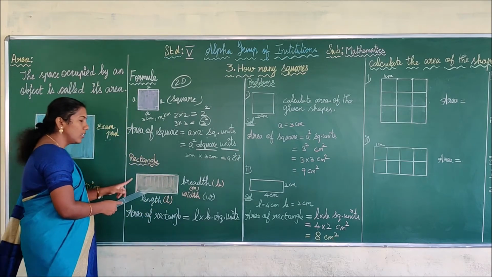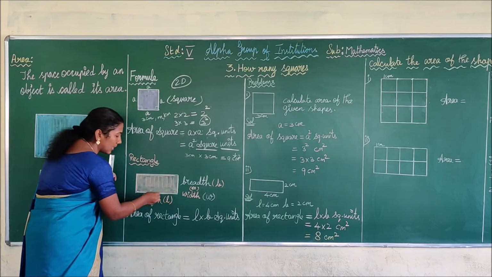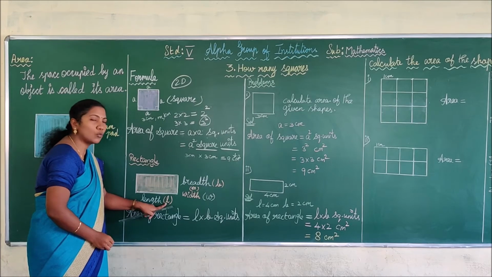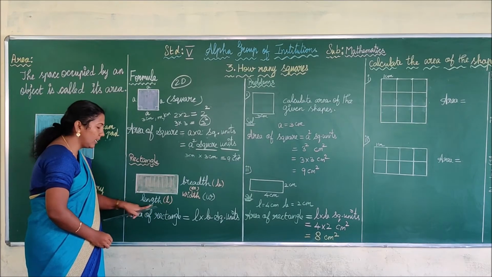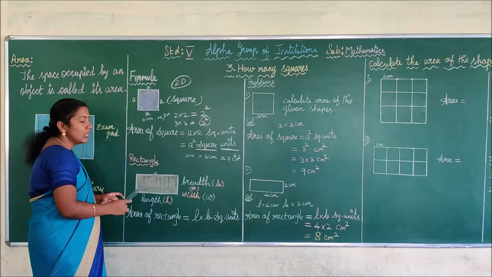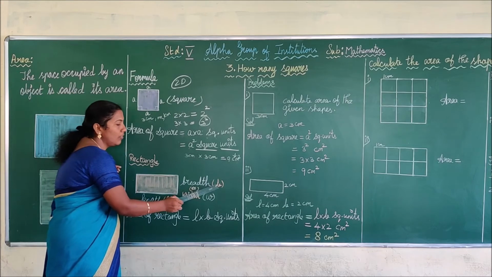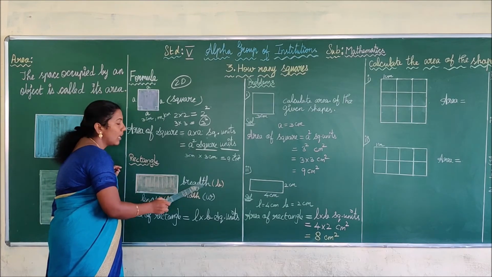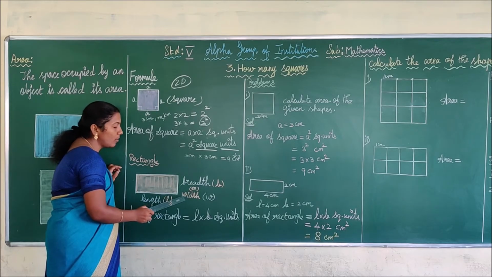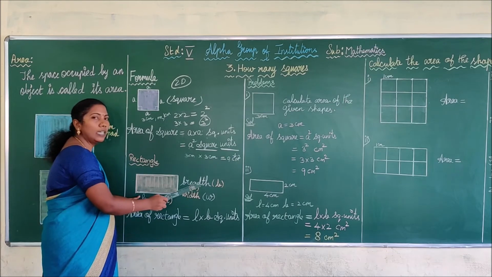See here, children. This is rectangle. We can call this side as length and we symbolically write it as small l. Instead of writing length, we use L in the short form. Similarly, we call this side as breadth. Shortly, we note it as small b. The other name for breadth is width. The short form of width is W. But we are going to follow length and breadth now.